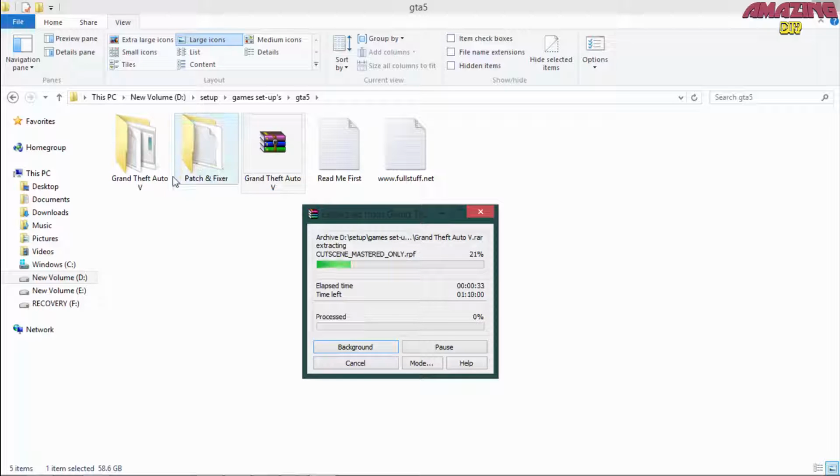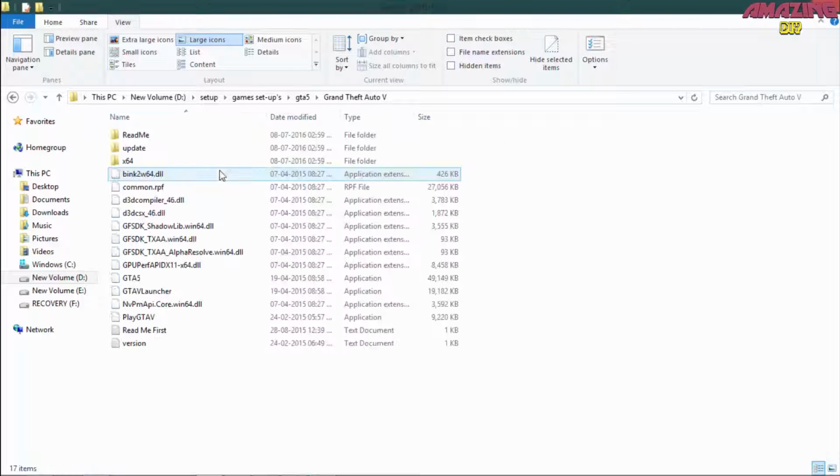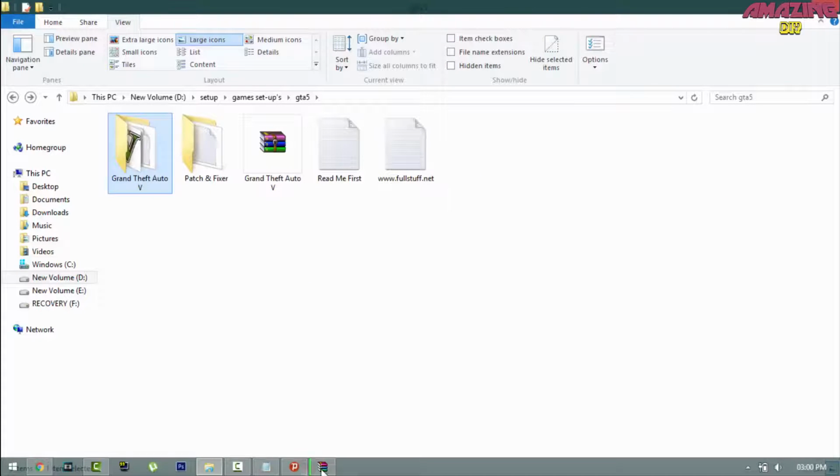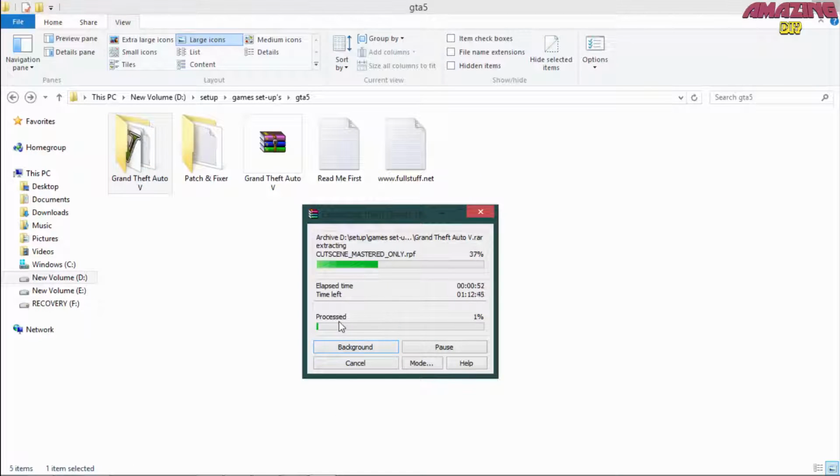The main thing about this setup is that when it is fully extracted, you don't need to install the game. The game is self-installed, and I will show you how to crack that game. First, wait for the process.